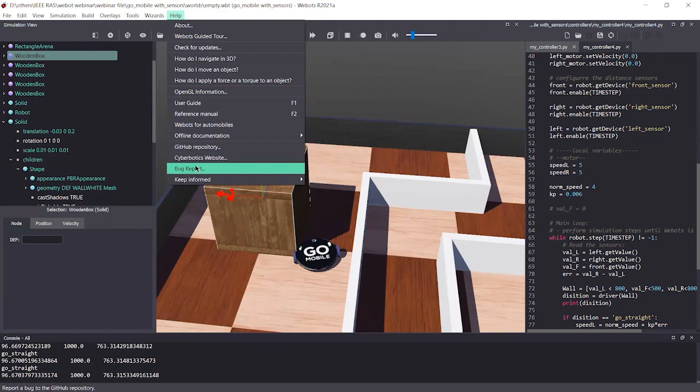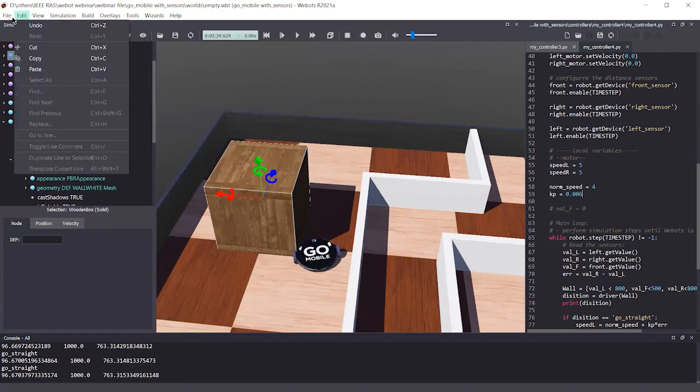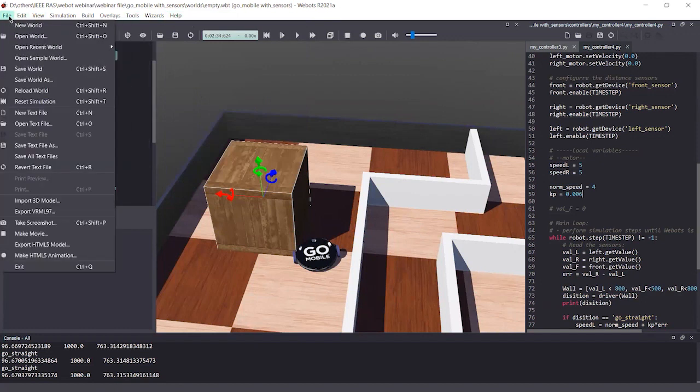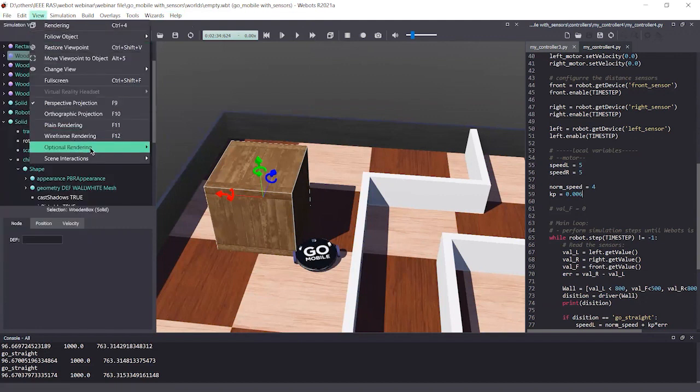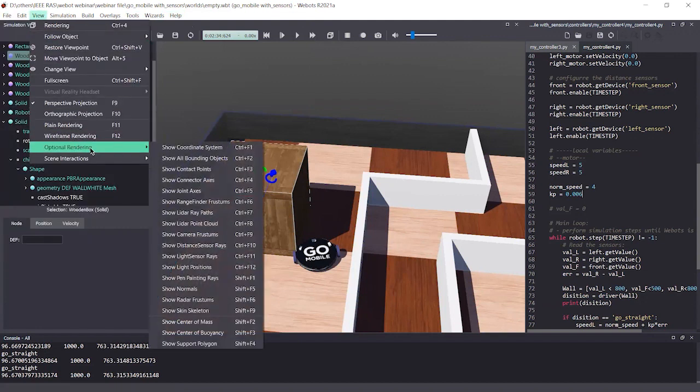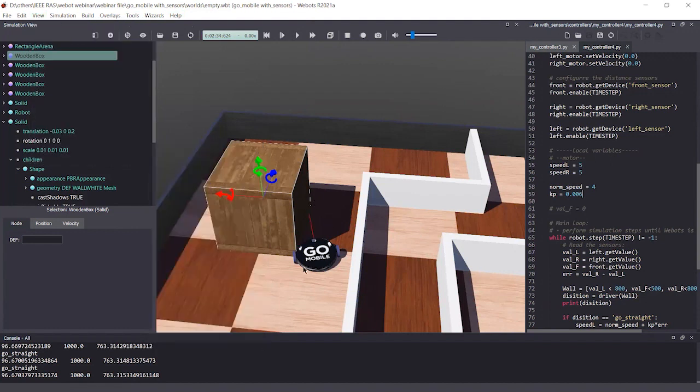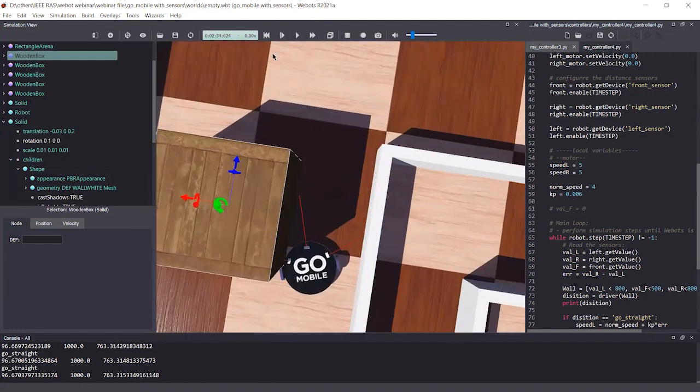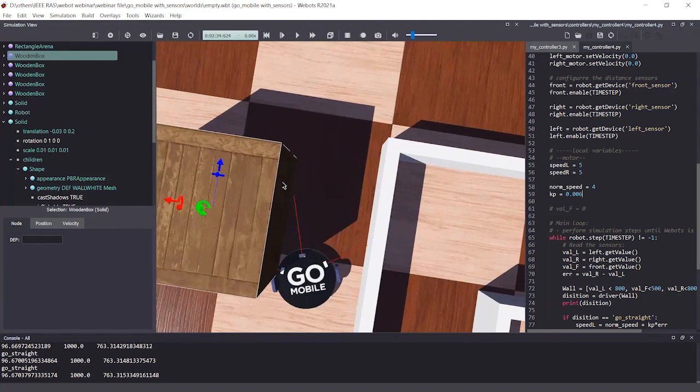I can't remember the name exactly. Optional rendering, and under optional rendering, go to this because I want to show you the distance sensor. Let's run this. You can see the distance sensor rays here.